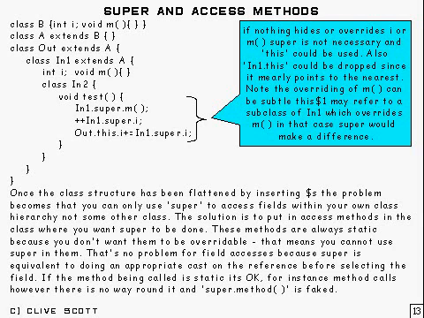Let's have a closer look at super and have a look at some of the problems that can arise. Here we've got class B with I and a method M in it, and class A extends B and out extends A. So out has therefore got I and M in it, effectively inherited through this chain there. And in1 also extends A, so it's also going to have an I and an M inherited,